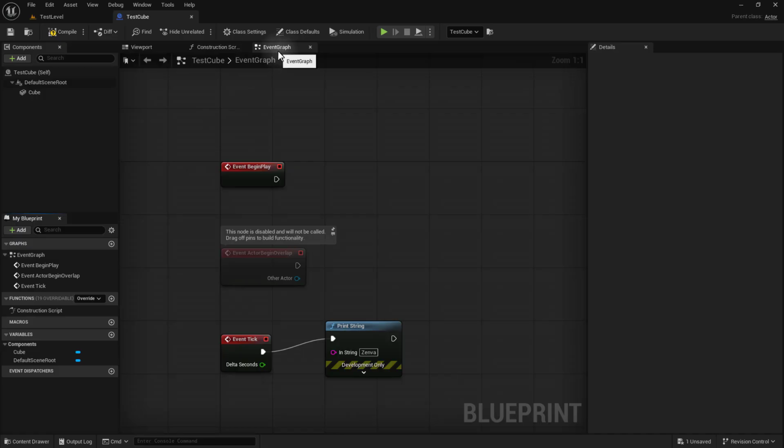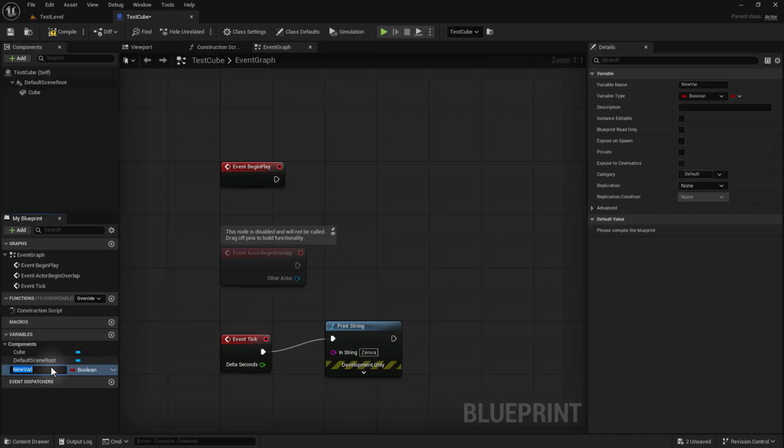This is our event graph, which is basically all of the visual scripting that is running for this blueprint. Inside of here, we can see the different event nodes we have already placed. And then we have variables. Now, I'm going to click on the plus right here to create a new variable, and we can give it